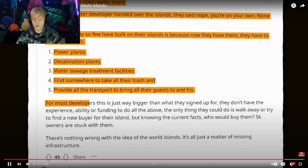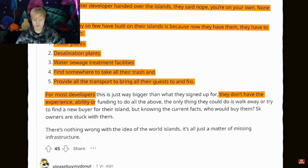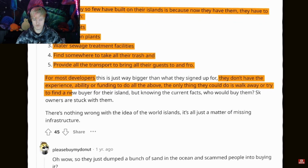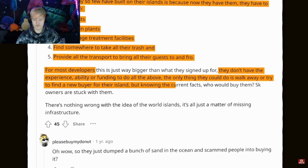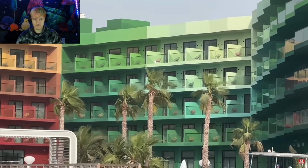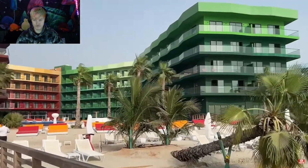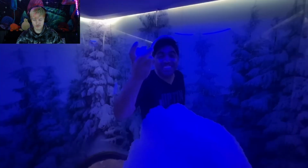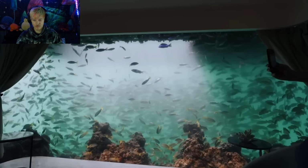For most developers, they don't have the experience, ability, or funding to do all the above. The only thing they could do is walk away or try to find a new buyer for their island, but knowing the current facts, who would buy them? Despite these limitations, a luxury hotel complex called the Heart of Europe has recently been completed on the European islands in the world, which has some absolutely insane features, such as a snow room, a massive sauna, and an underwater bedroom,